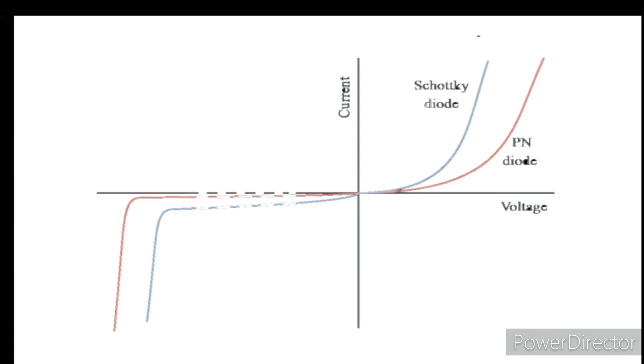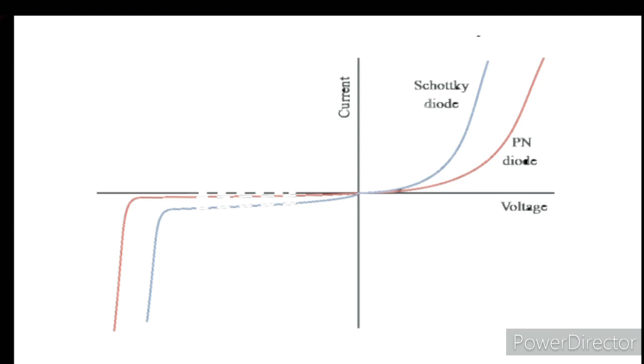Schottky diodes are used in stand-alone photovoltaic systems to prevent batteries from discharging through the solar panels at night, as well as in connected systems containing multiple strings connected in parallel. Schottky diodes are also used in power supplies.